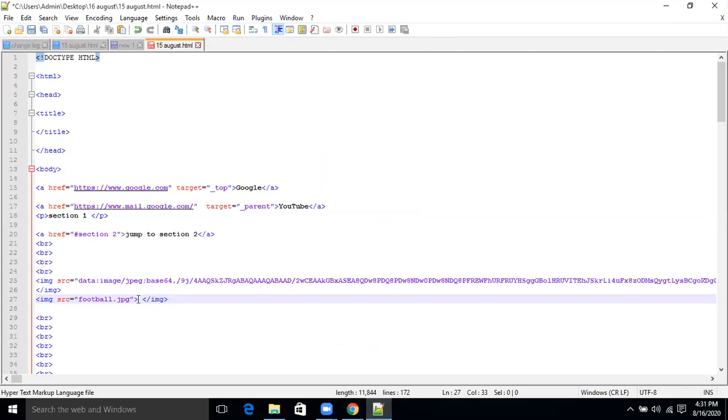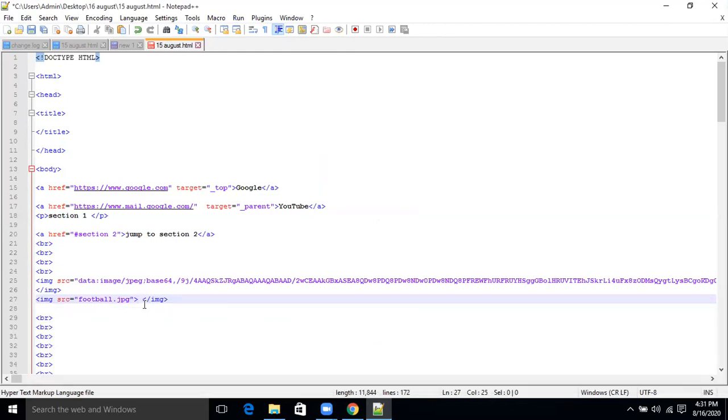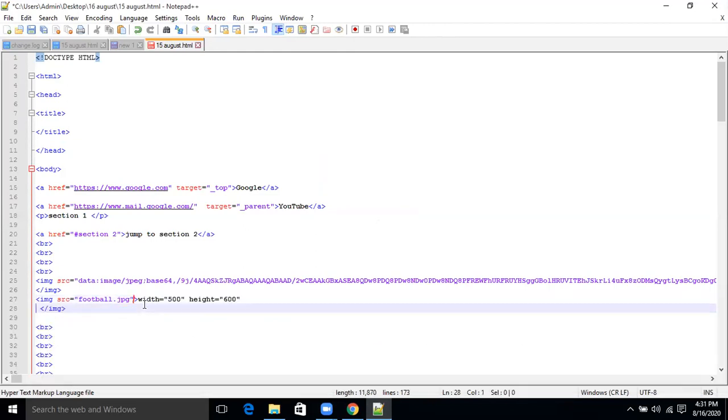First I want to make sure it is in the correct file or not. Okay, you have to paste it over here, after this, within the image source tag, right? We are trying to control the size of an image within this tag.